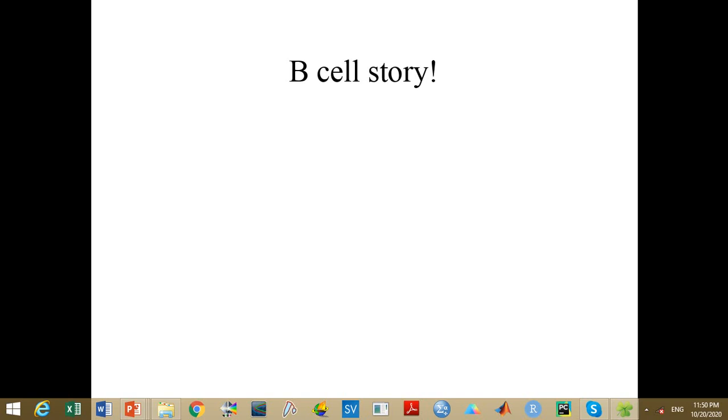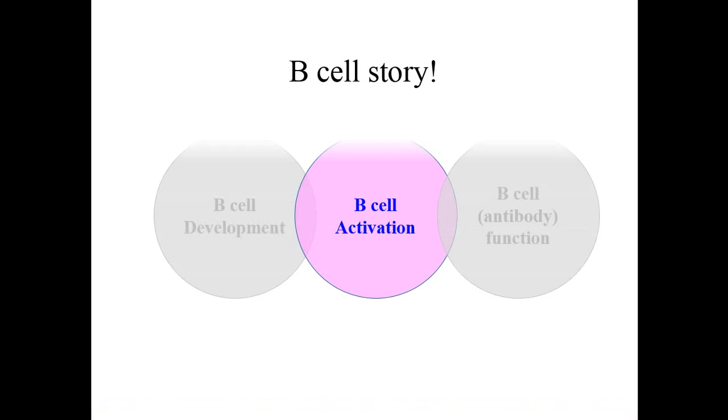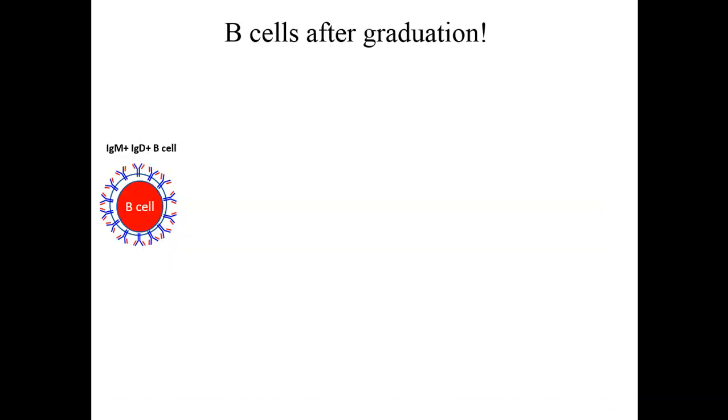In the first part of the class, we talked about B cell development in bone marrow. And we talked about mechanisms which underlie B cell production and especially production of antibody genes in bone marrow. Now we're going to focus on what happens for B cells after they complete their maturation and graduate from bone marrow. Here I have a B cell which has IgM and IgD at its surface, and it's been